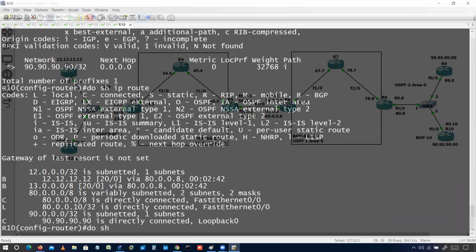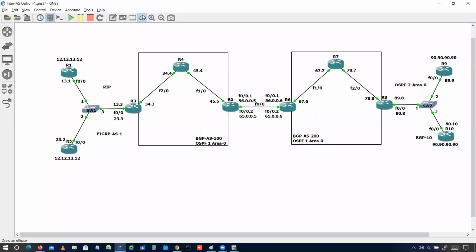Here we receive routes just because of that BGP neighborship. As I told you, in BGP, if we have BGP everywhere, we don't need any redistribution. Right now I'm using BGP, but if I use a different protocol here, let's say OSPF or any protocol, in that condition we need to do redistribution, here to here and here to here. So when we use BGP, the task of redistribution will be none.